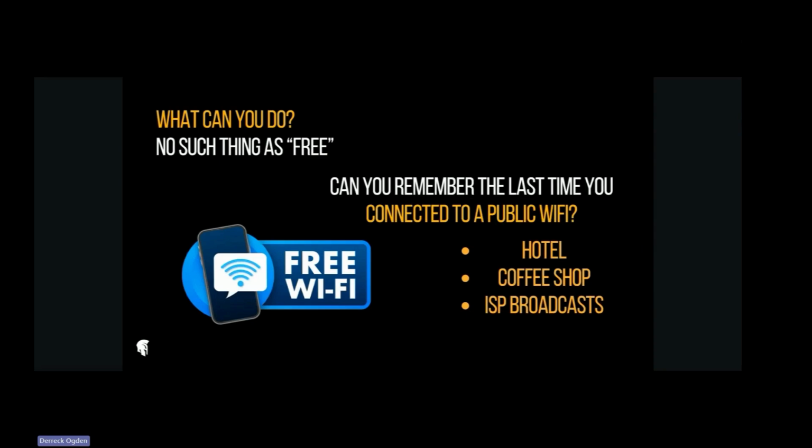So think about the last time you connected to a free or public Wi-Fi, hotel, shop. A lot of companies, internet service providers, are actually broadcasting free Wi-Fi, right? So it'll say Xfinity Wi-Fi or Comcast or Spectrum Wi-Fi, and it'll just be a public broadcast, or even when you're out on the road somewhere, they're broadcasting from telephone poles with access points, cell phone towers, and all kinds of stuff. You connect to that, and you think you're on their Wi-Fi, but you're not. You're on a bad guy's Wi-Fi, and he's basically scraping all the information that's running through there. It's another way that somebody can gain access to your email, gain access to your practice management system, right?